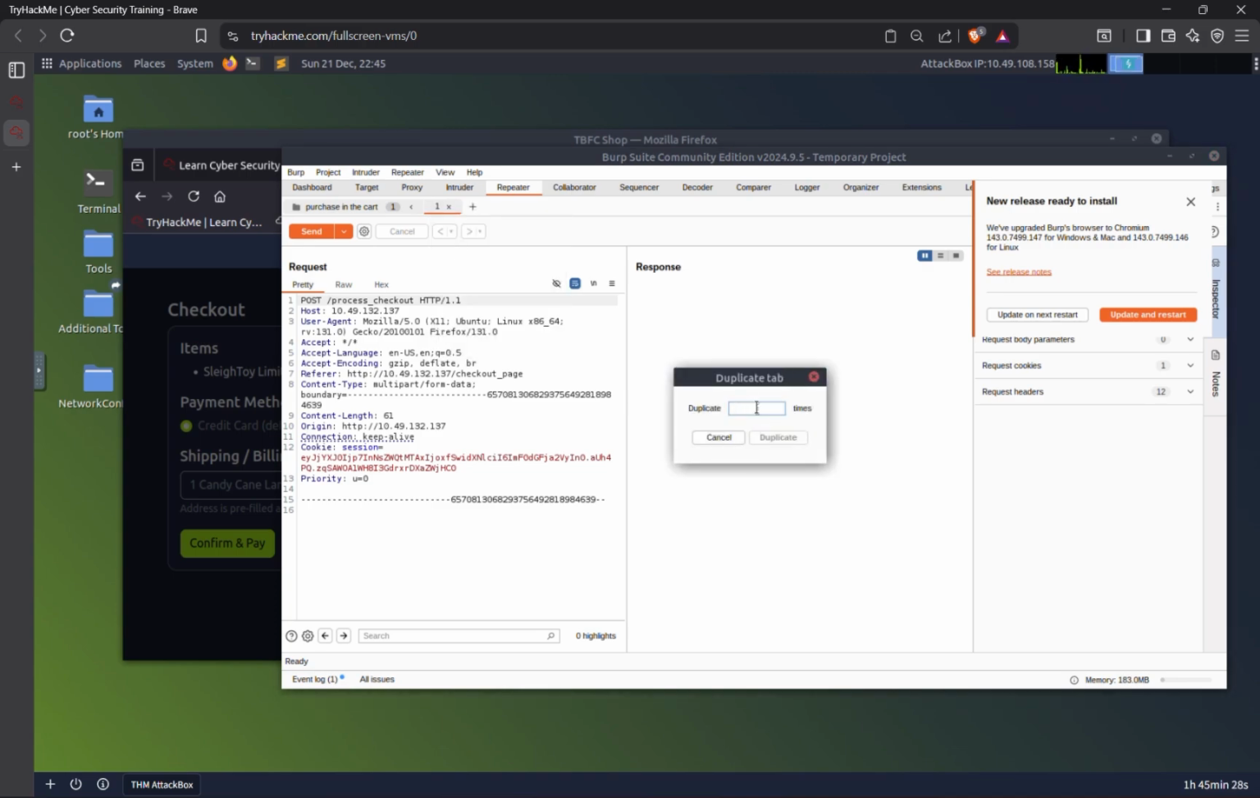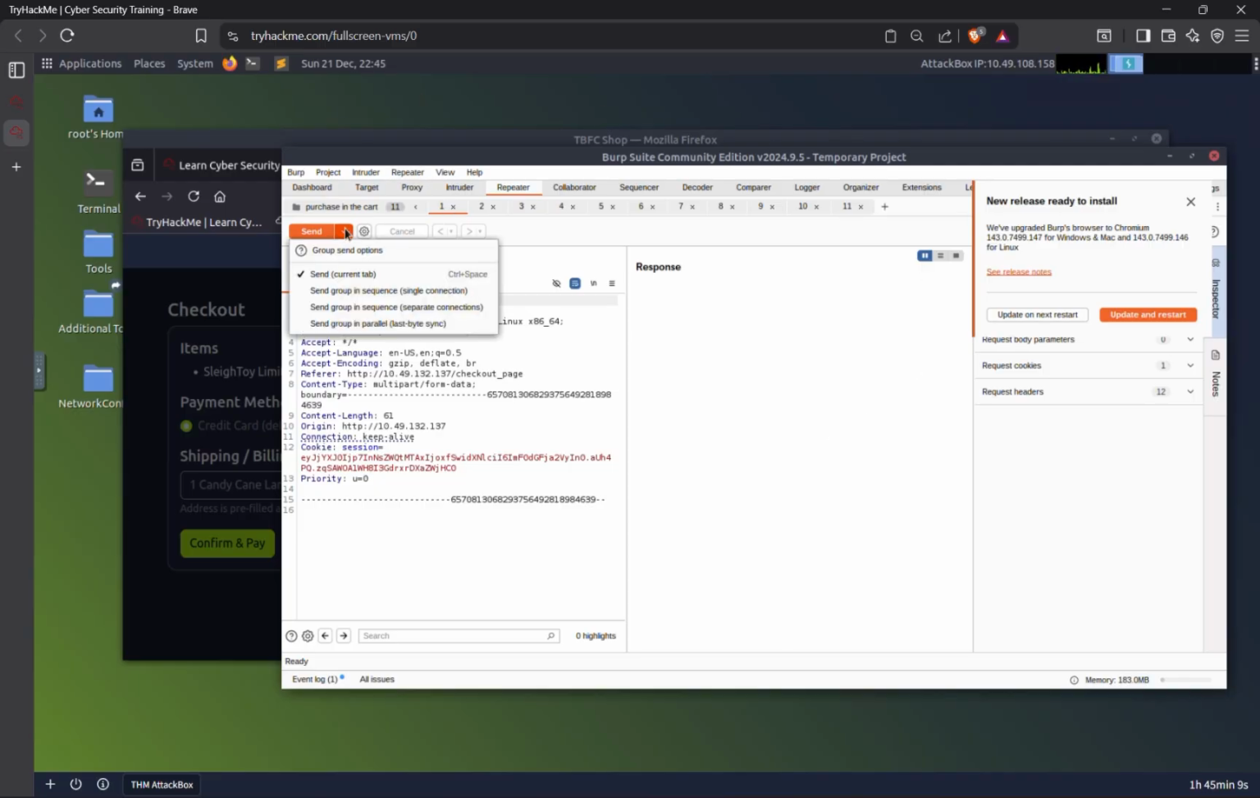We'll create a duplicate tab, and for time being, I'll make it 10 times since there were 10 orders, so we'll duplicate the 10 items. And now what we need to do is send in group in parallel, last by sync. Okay,